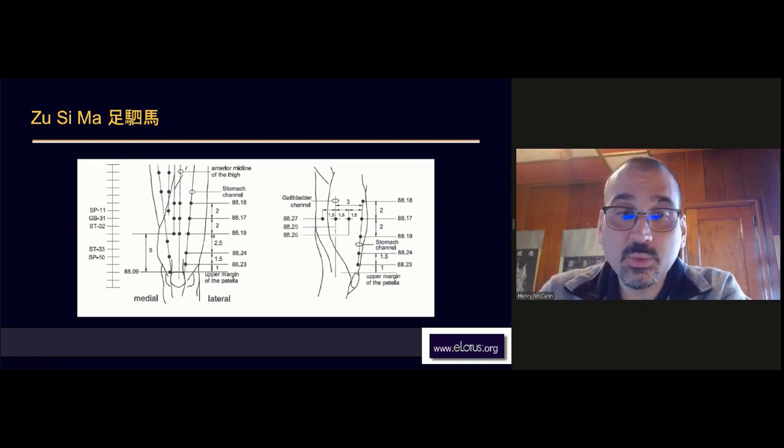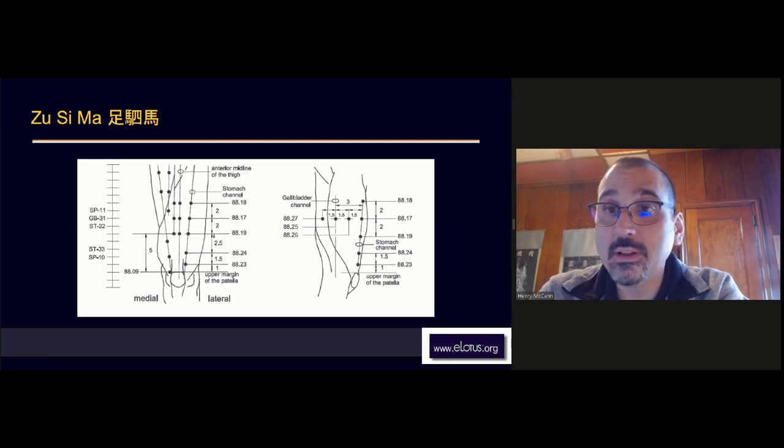The easiest way to find these, and I think the most accurate way to find them, is on the lateral edge of the femur. So we're on the lateral edge of the bone. The middle point, so if I'll borrow a Dr. Tan's, since I liked Dr. Tan's teaching quite a bit,